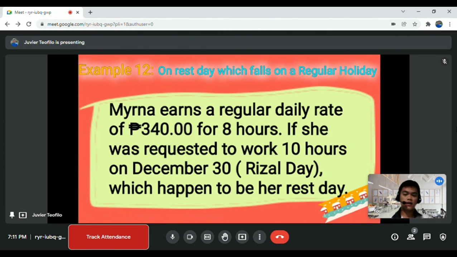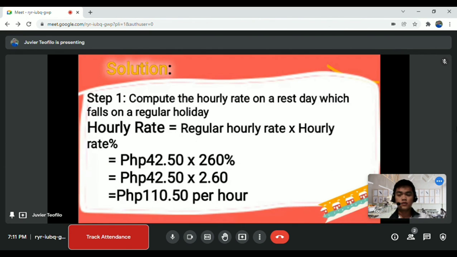Okay, let's find out. In solution step number 1, compute the hourly rate on a rest day which falls on a regular holiday. Now, our hourly rate is equal to regular hourly rate times hourly rate percent. Now, we have the 42.50. So, 42.50 comes from 340 pesos divided by 8. Now, multiply by